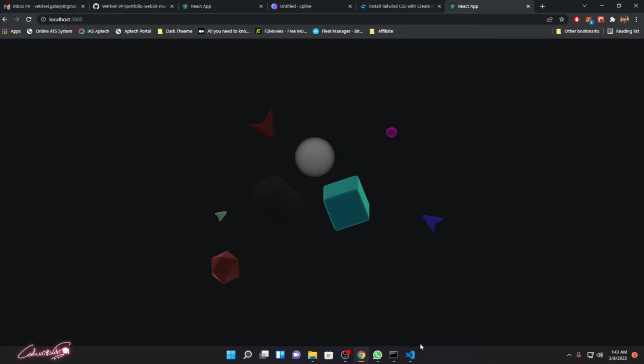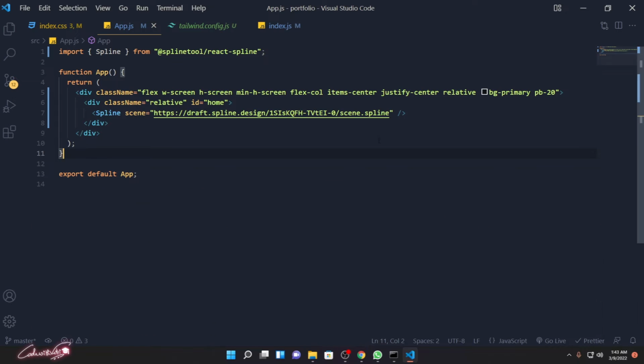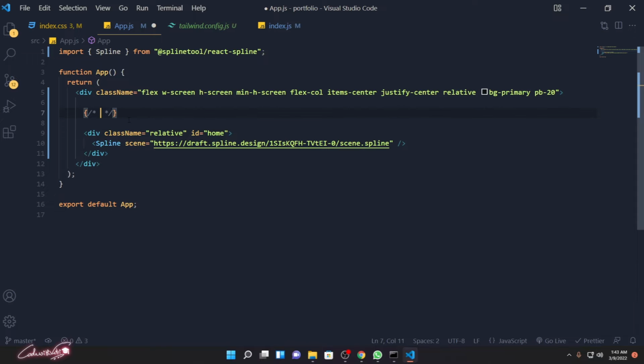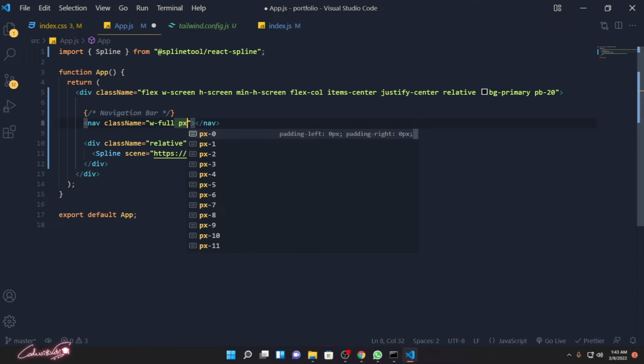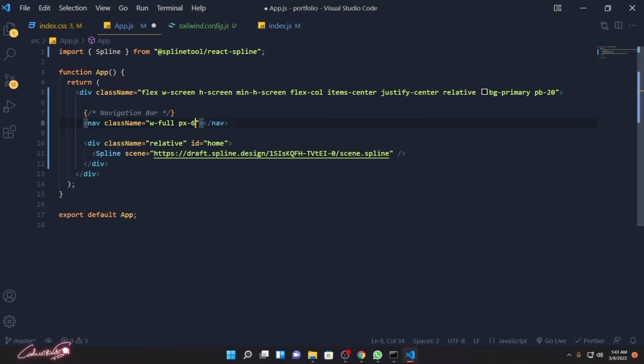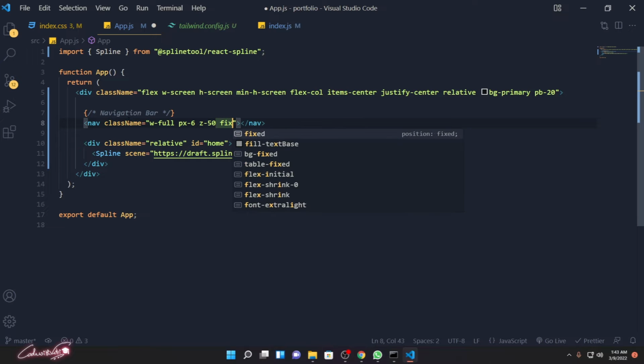Okay then, so now let's go back to the Visual Studio Code, and then right above here, we are going to add our navigation bar code. So let's create a nav tag, and for this nav tag we are going to add quite a big class properties. So this is going to take the width full, that means the 100% width, and the padding I'm going to use in the left and right as 6, and z-index 50, and that means it should be on top of all, and this is going to be the fixed position, and it should not move in the left and right side. So insert